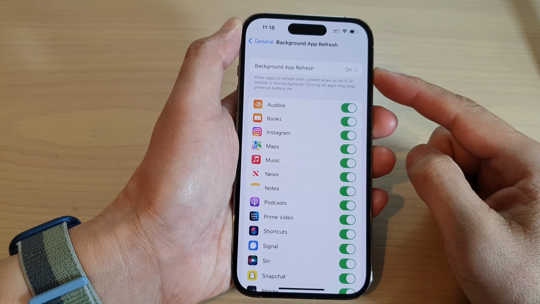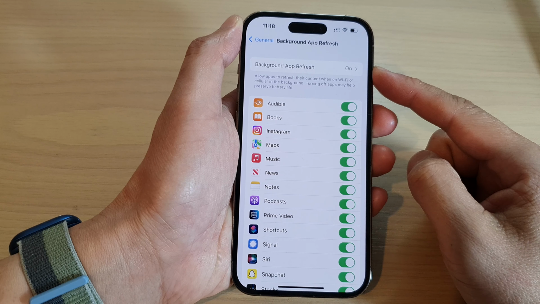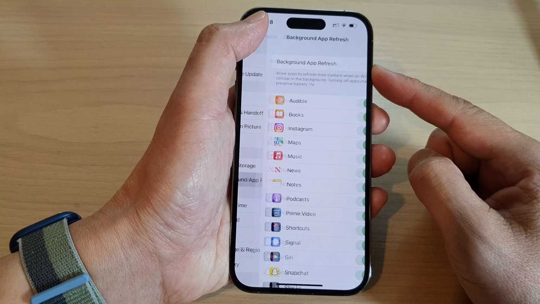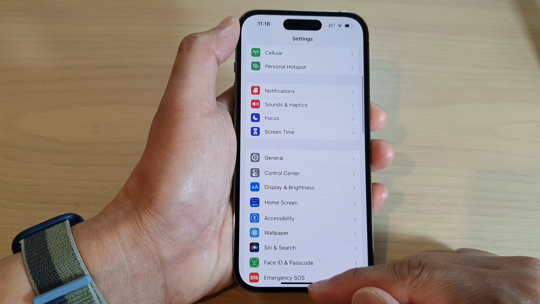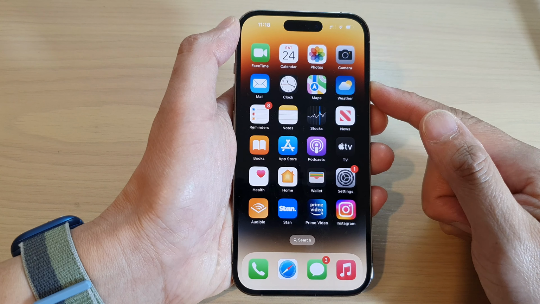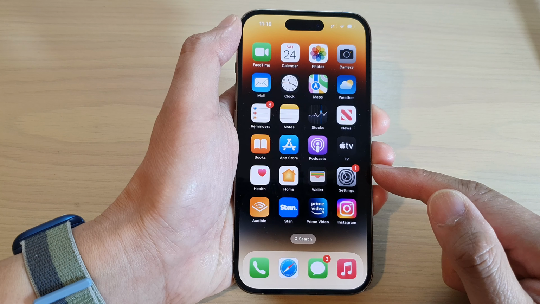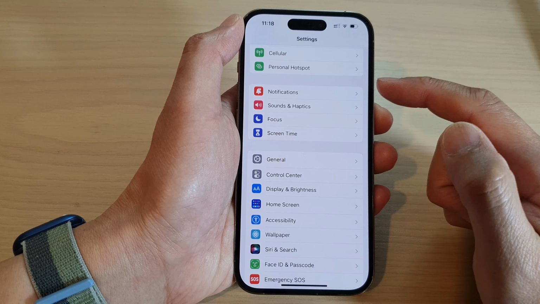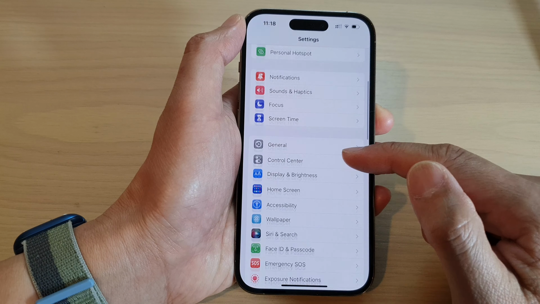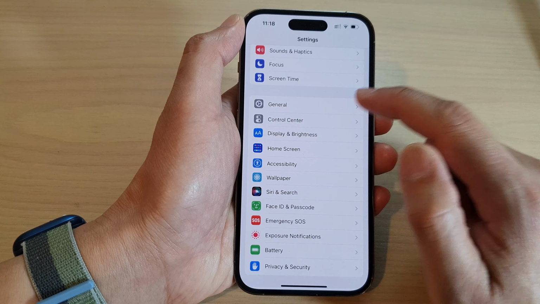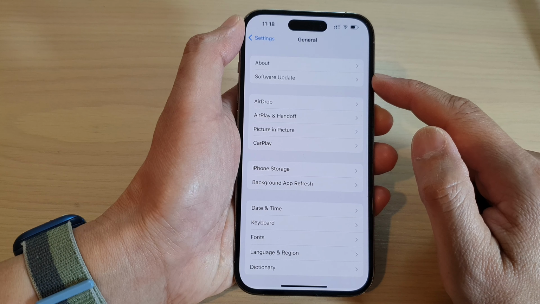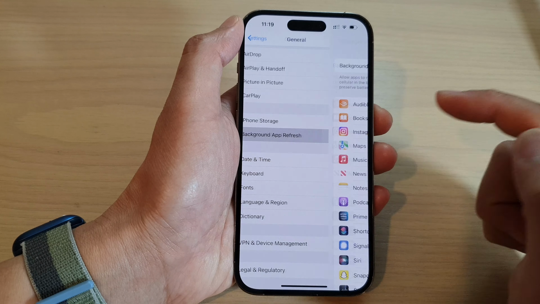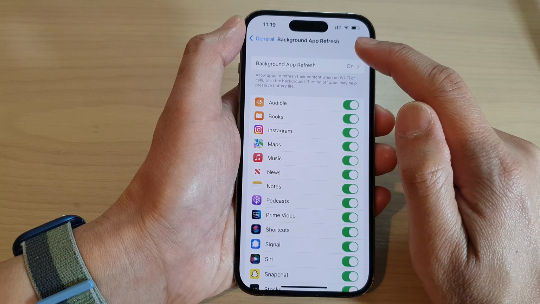How to turn on or turn off background app refresh on the iPhone 14 series. First, let's go back to the home screen by swiping up at the bottom of the screen. On the home screen, tap on Settings, and in the Settings screen, swipe up to go down and tap on General. Next, tap on Background App Refresh, and in here, tap on the